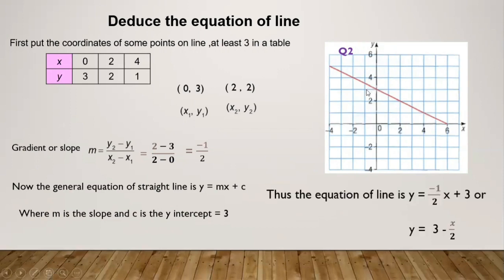Let us substitute in the equation y is equal to mx plus c. Minus 1 by 2 is the slope, so minus 1 by 2 x plus 3, or you can write minus x by 2 plus 3. If you want to write the 3 positive first, we can write it as 3 minus x by 2, and this will definitely satisfy. You can substitute and check. Each and every point gets satisfied with this equation. And write the equation where the line is there in the graph: y is equal to 3 minus x by 2. Watch again to understand it better.